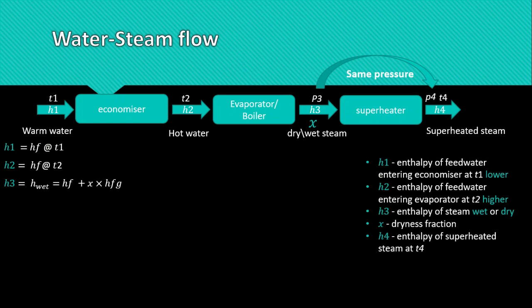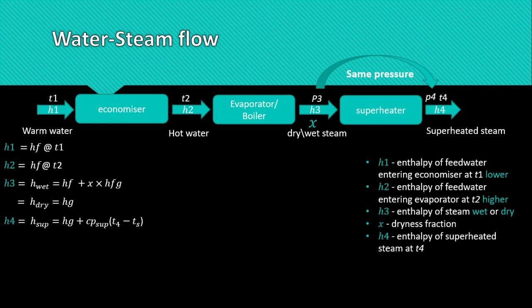If our steam is dry, our enthalpy becomes H dry, which is equal to the Hg from our steam table at pressure P4 or P3, okay? Now H4 is the enthalpy of the superheated steam, sometimes it's called H-sup, okay? Now if we are given the Cp sup or the specific heat capacity of the superheated steam, our H-sup is equal to Hg plus Cp sup multiplied by T4 minus Ts. We'll get our Hg and Ts from our steam table at the pressure P4 or the pressure of the steam,